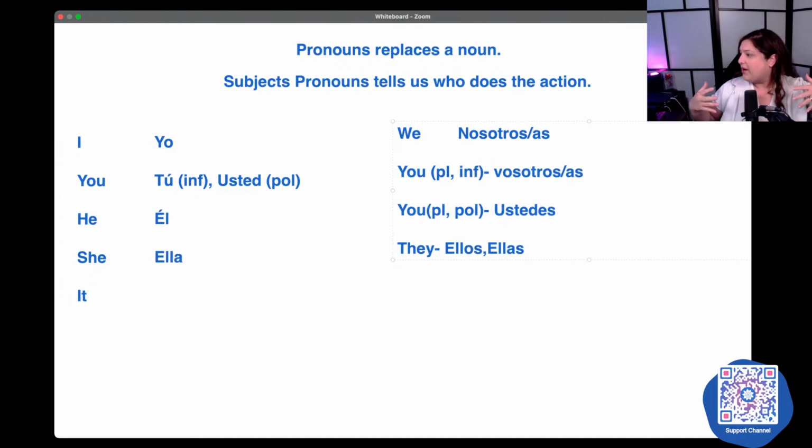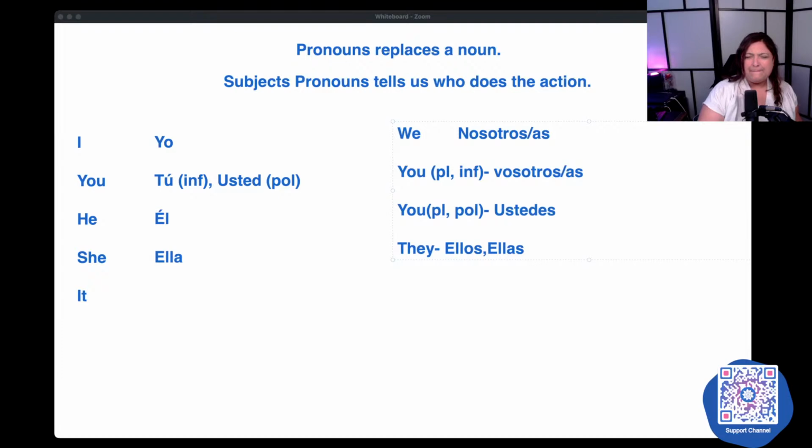Again, if we're talking about a group that's multigender, then we're always going to default into the masculine form. But if you're talking about a group of girls, then we're going to use ellas. ¿Estamos? Are we okay? All right.